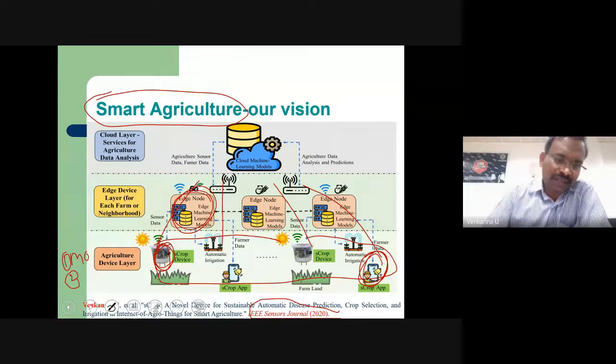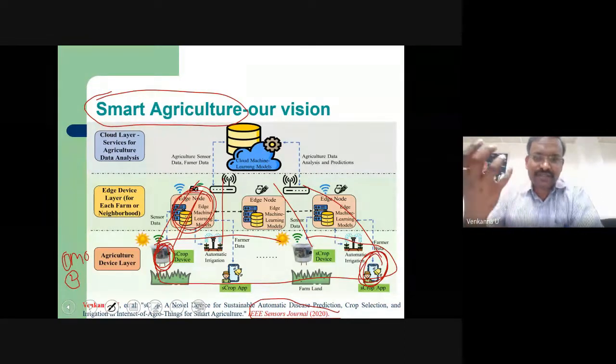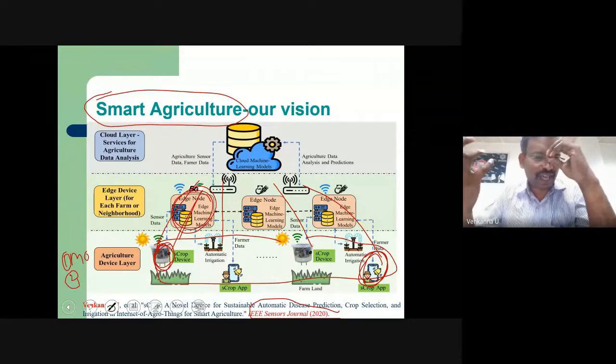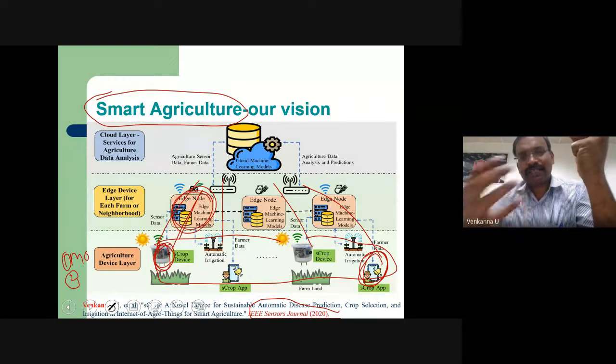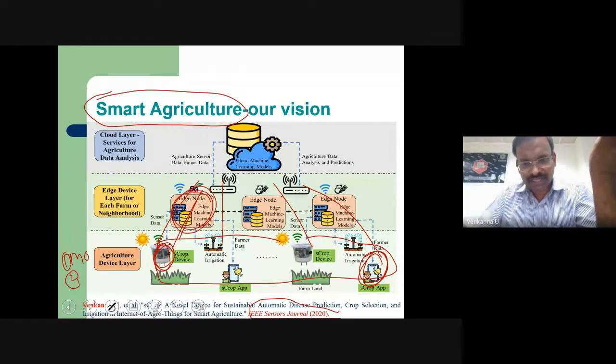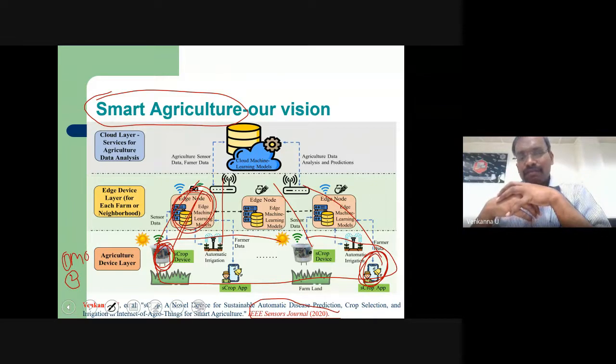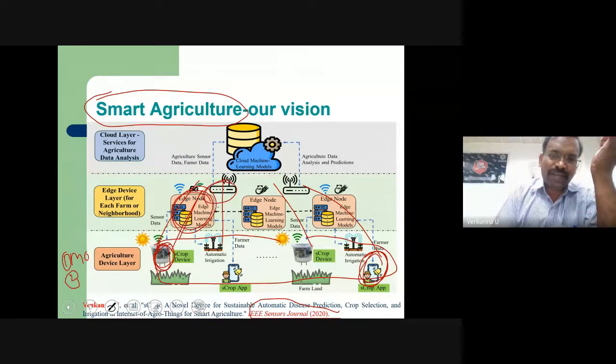Now my camera module is going to capture images, and from the captured images you need to find out the disease. Identifying the disease is not possible with traditional algorithms. We used machine learning algorithms, but obviously machine learning requires training. So we deployed the trained model in a small gateway.